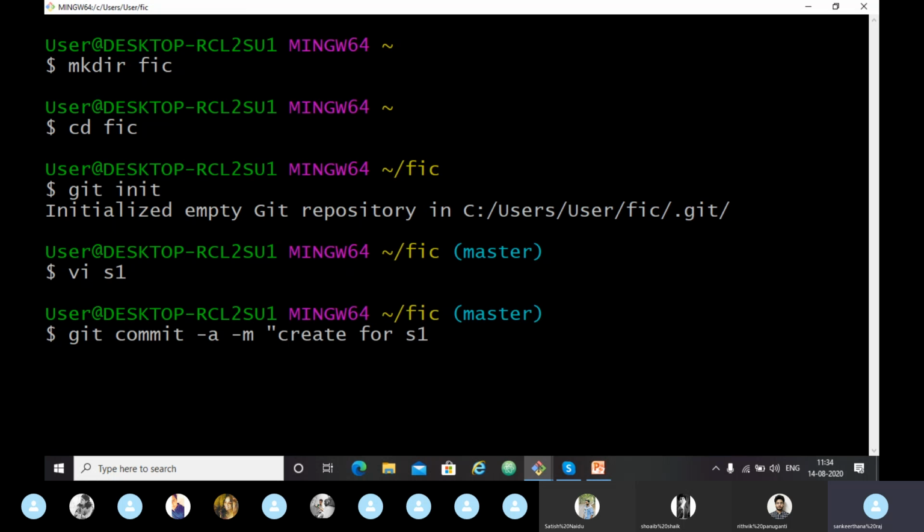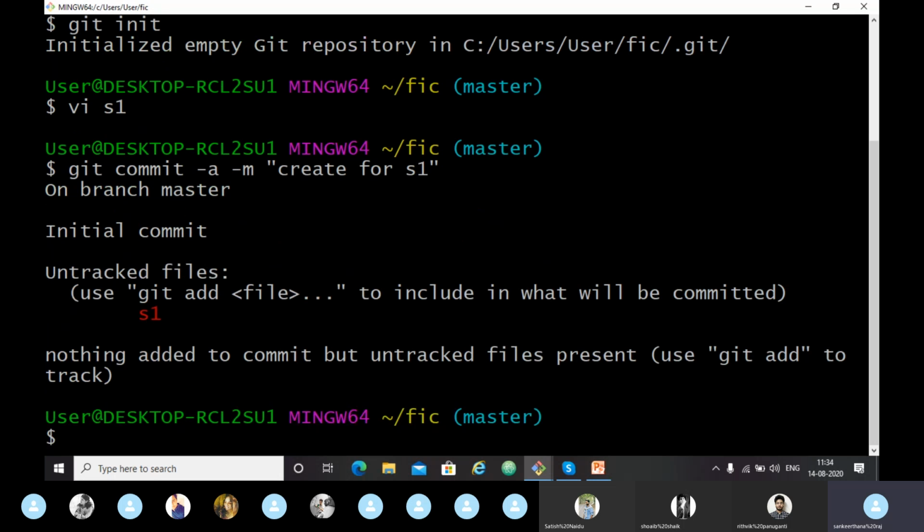Right now we are on the branch master, right? You can see it here. Right now we are on the master branch that git creates for us. Whenever a git repository is created, git automatically creates a master branch. It is the default branch. Sorry, it's not taking.